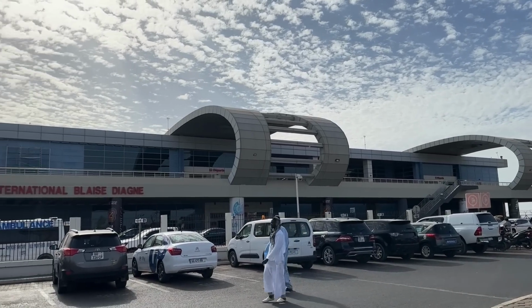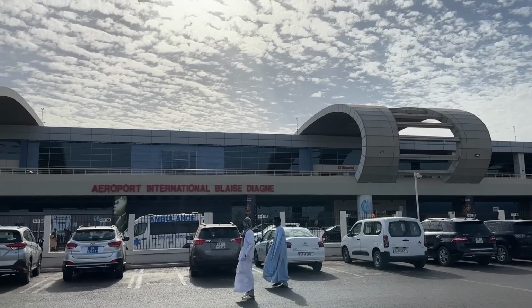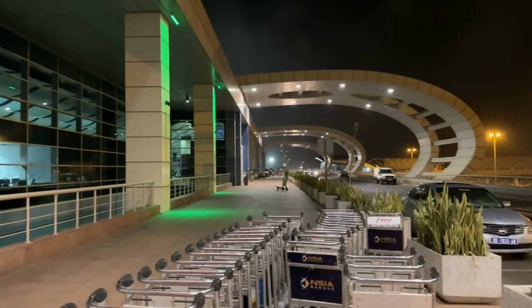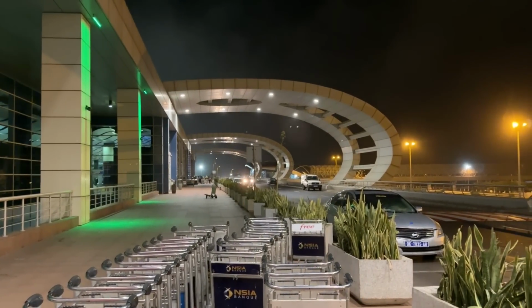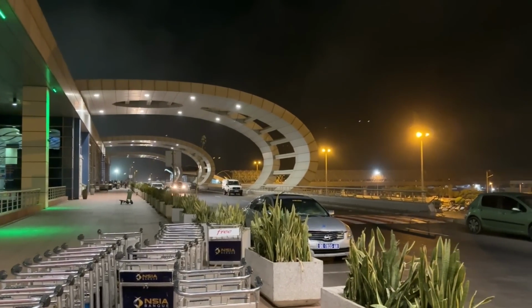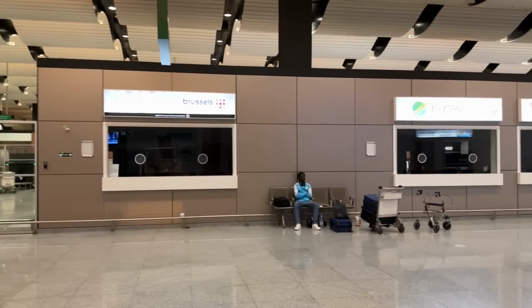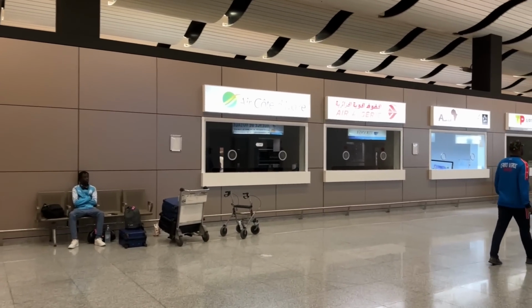Kenya Airways calls themselves the pride of Africa. Ethiopian Airways calls themselves the new spirit of Africa. However, I don't think either of their business classes matches my new favorite business class in Africa, and that is Air Senegal. Welcome to Dakar, Senegal, where we're going to be hopping on board Air Senegal's signature A330-900 on their